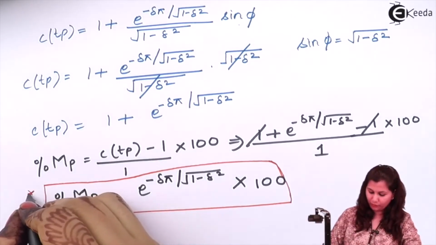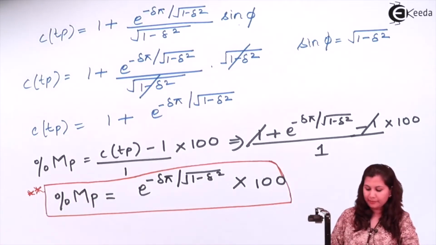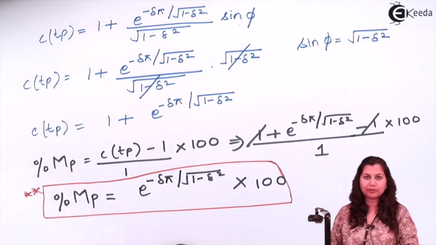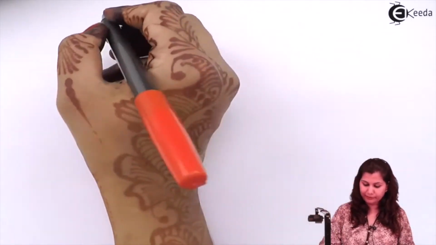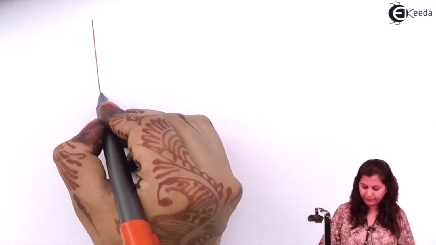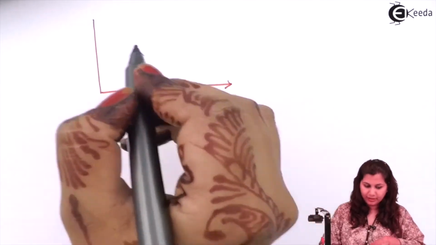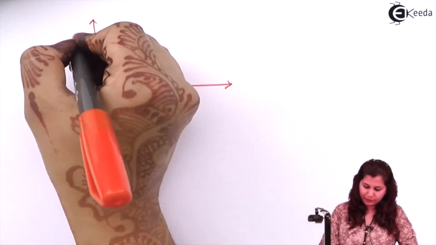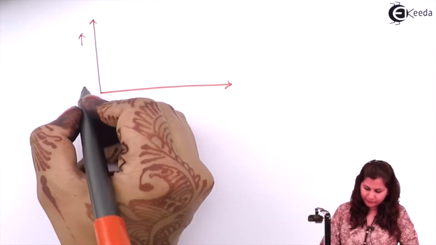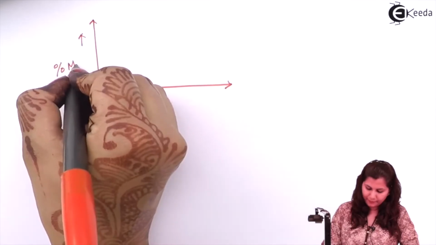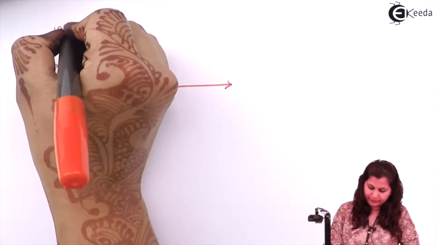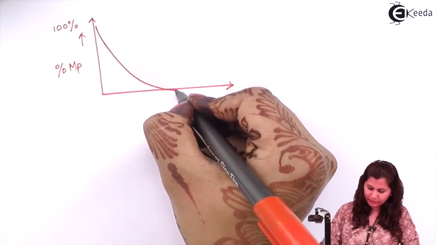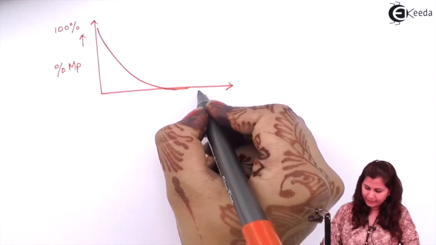Okay, we can use this formula whenever we want to calculate the maximum overshoot for a system. Now if we plot this maximum overshoot, then its graph will be like this, because it is a decreasing exponential. So the decreasing exponential, this will be percentage MP and this is 100%. Because it is a decreasing exponential, it will come like this,